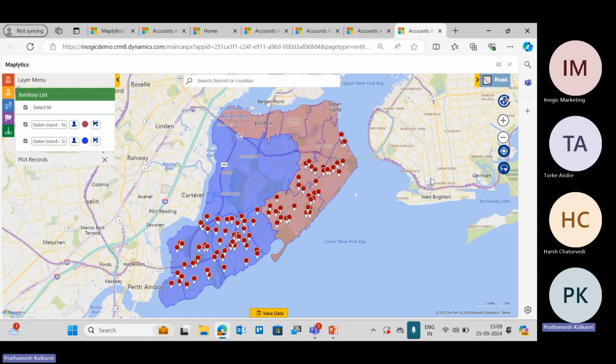Now, as per my business use case, I see this particular area has a bit more area as compared to the northern area. So what I have to do is manually add a few data on a few geographic locations into the northern territory. Even that is possible in this case. What I will do is